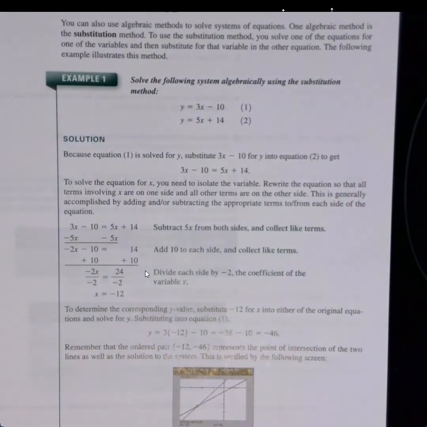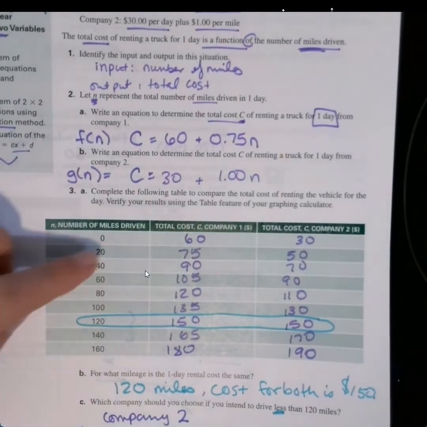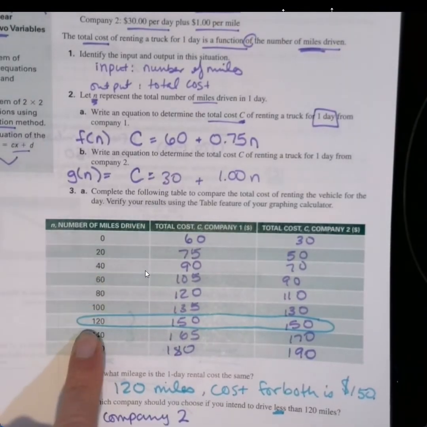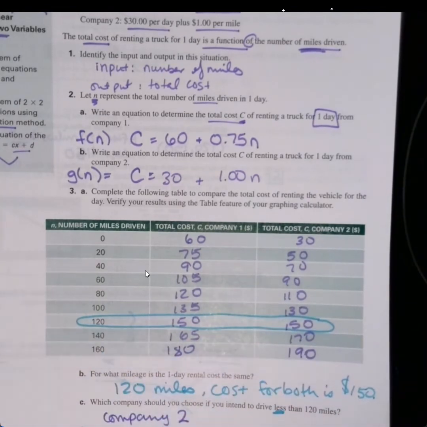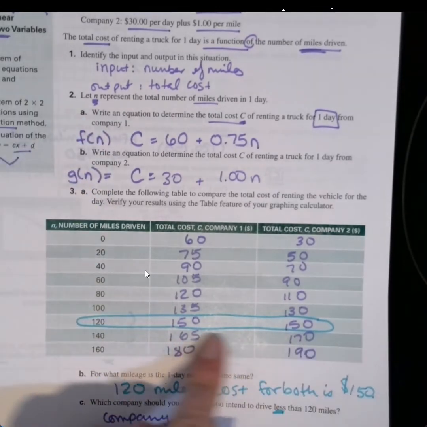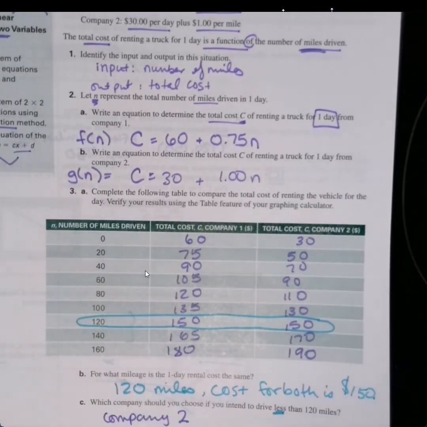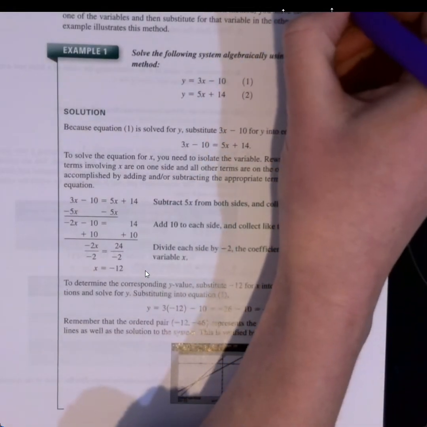If, for example, this had counted by 50s and went 50, 100, 150, and 120 just wasn't on the list, I could have easily missed this. Or if the answer had been at 99 and it wasn't on the list, I could have missed it. So numerically has some disadvantages based on what you choose for input. You might get lucky and see the outputs match up, or you might not get lucky and see the outputs match up. Graphical has some advantages that you're able to just see where they cross, but if you have a